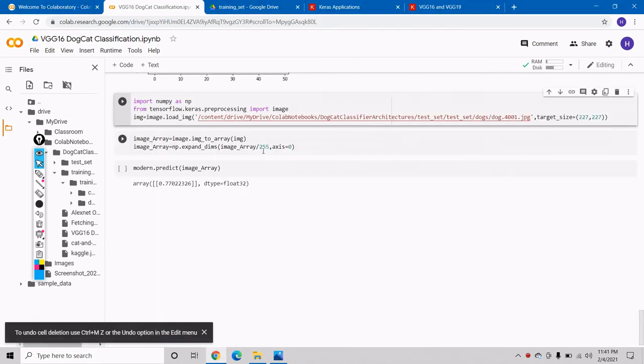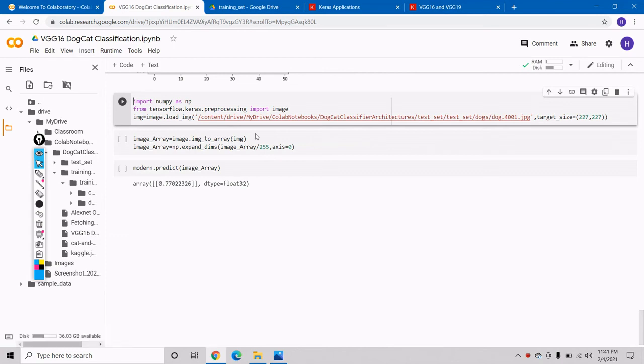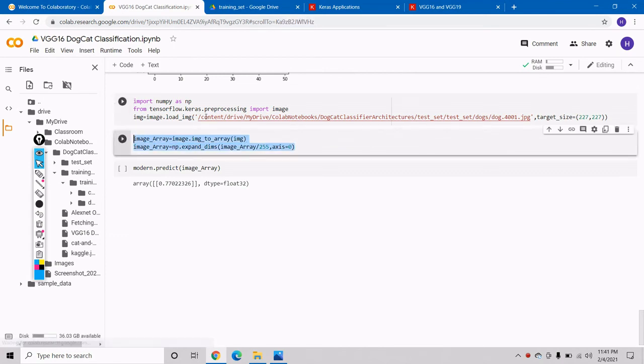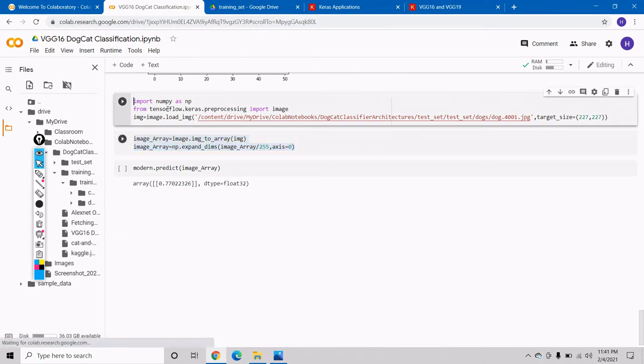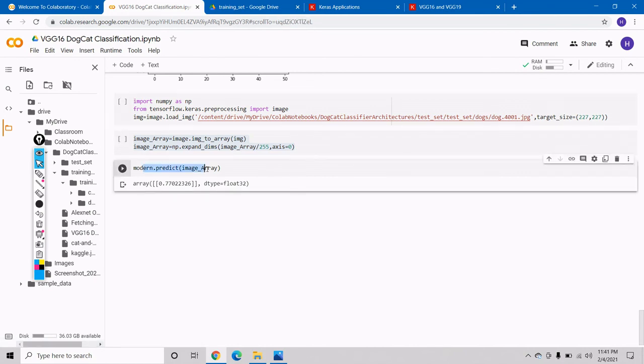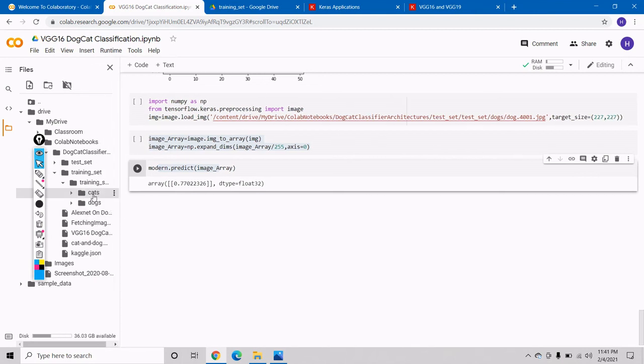Then we follow the same steps we already discussed in the earlier model. While predicting, it gives us only one value, with 77%. First we have a cat and second we have a dog. Whenever it shows less than 0.5 it is a cat, and whenever it shows greater than 0.5 it is a dog.